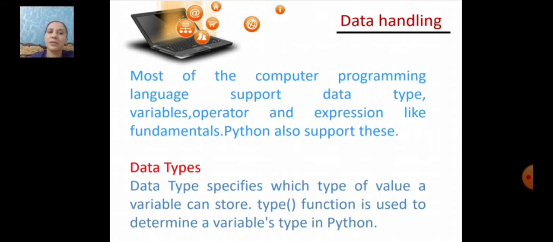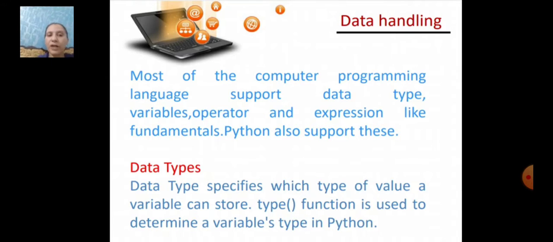A data type specifies which type of value a variable can store and what type of operations we can perform on them. Suppose we declare a variable a equals 10, then by data type we come to know that a can store an integer value and we can perform arithmetic operations on integer values.